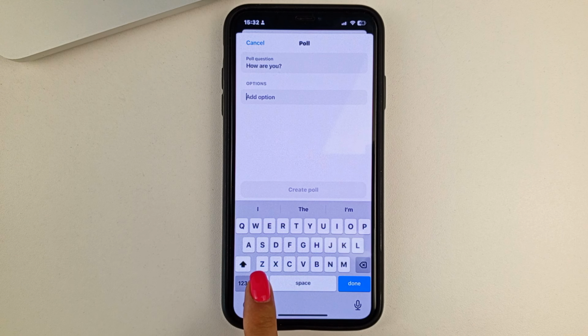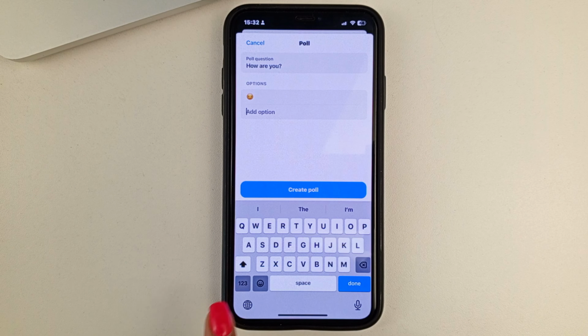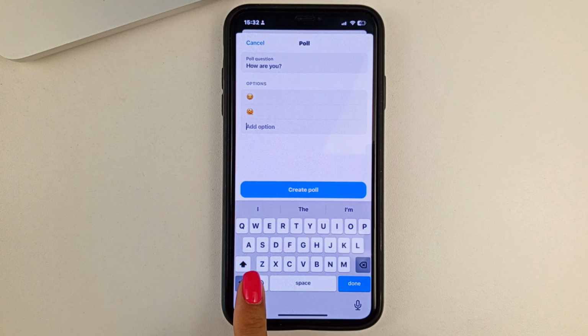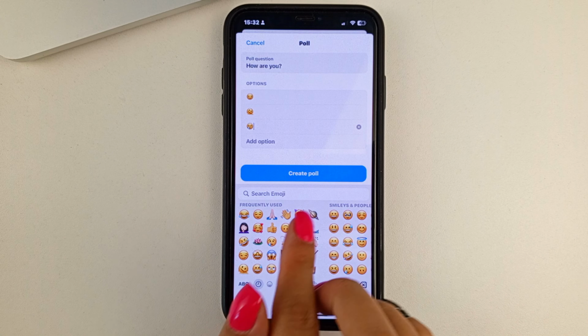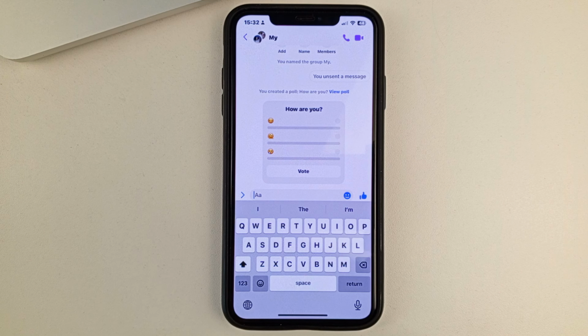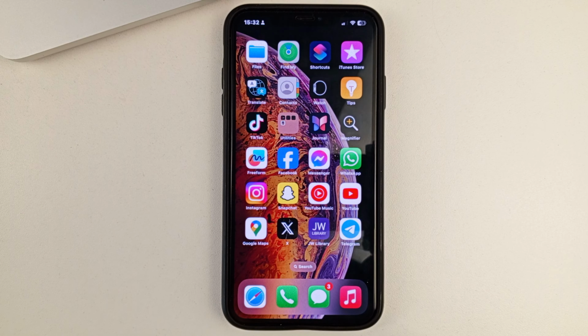You can use either text or, let's say, emoji. As you can see, when I click one emoji, the next option immediately appears. And you can fill them in until you're satisfied with the result. So when you're done, the only thing you have to do is at the bottom click on Create a Survey. And as you can see, it will be created instantly. That's how you can quickly and easily create a poll in the Facebook Messenger app.